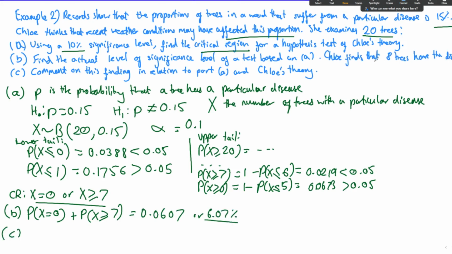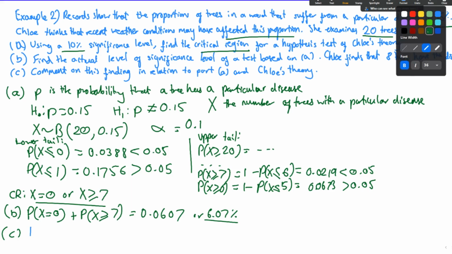Sorry, I forgot to put part of the question in. It now says that Chloe finds 8 trees that have the disease, and now we need to comment on this finding in relation to part A and Chloe's theory. So if you have 8 trees, and we know the critical region is x equals 0 or x is greater than or equal to 7, well, 8 lies in that region, and so because it's in the set where H0 is rejected, we can say